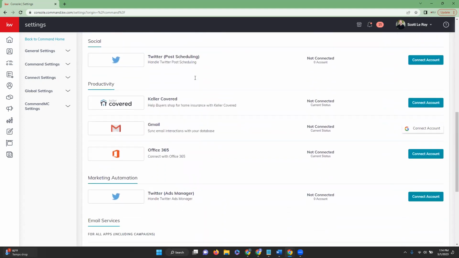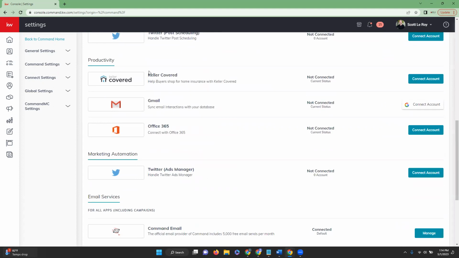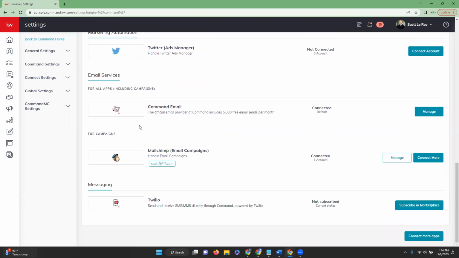All right, so scrolling down a little bit, we have our productivity apps. So you can connect your Gmail or your Office 365. Followed by our email services. So command email, this is how you are able to send out email campaigns. So if we go over and click on manage,